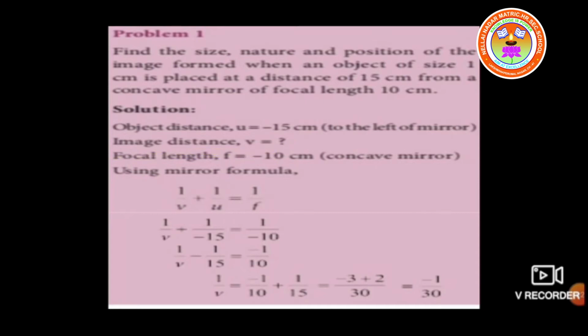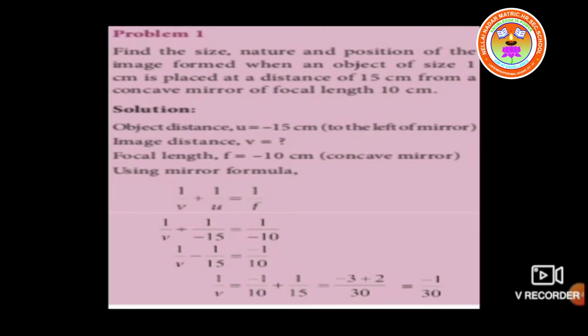Next, image distance v is equal to, we need to calculate the value. Find the size, nature and position. Okay, v is equal to what? Next, focal length is given. For the concave mirror the focal length is also to the left of the mirror, so f is equal to minus 10